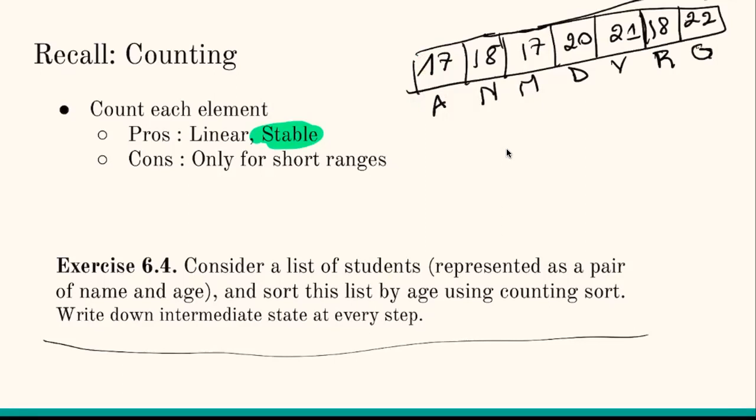It's just 17, yes, it just seems 17, but implicitly it preserves the order. Does that make sense? So counting sort is a stable sorting algorithm. How? Let's see how it works. So for counting sort,